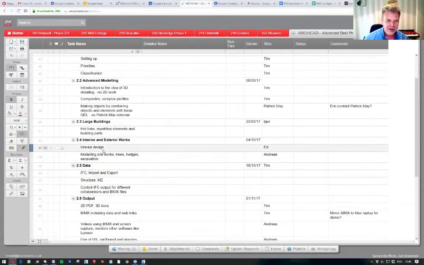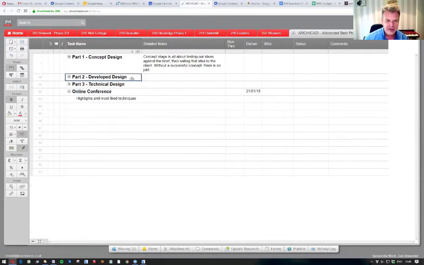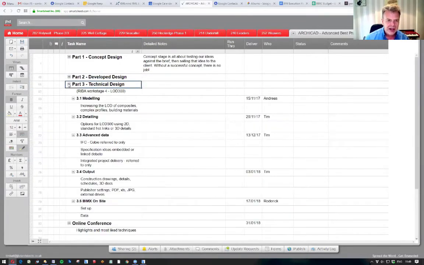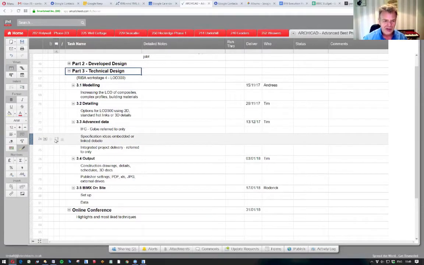All of that you've got to do even at the developed design stage. And once you then get into the technical design, it's really just about taking that up a notch in terms of detailing so that you can create the kind of thing that I routinely do now, which is a completely coordinated 3-dimensional construction model that has all the specification embedded in it, and all of the output drawings are available